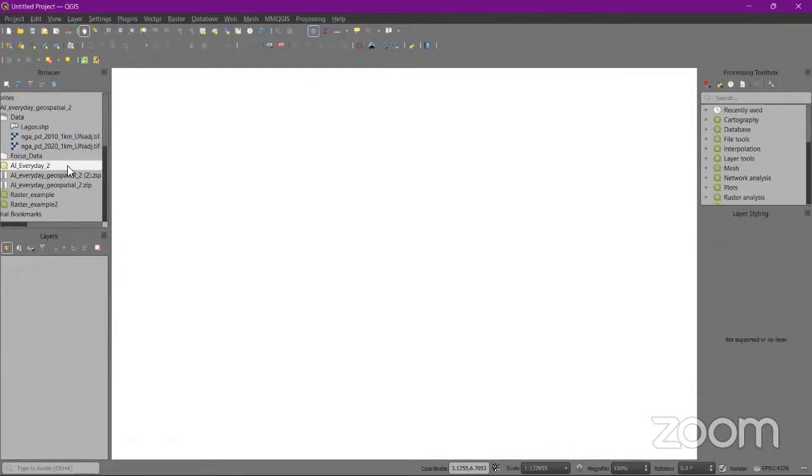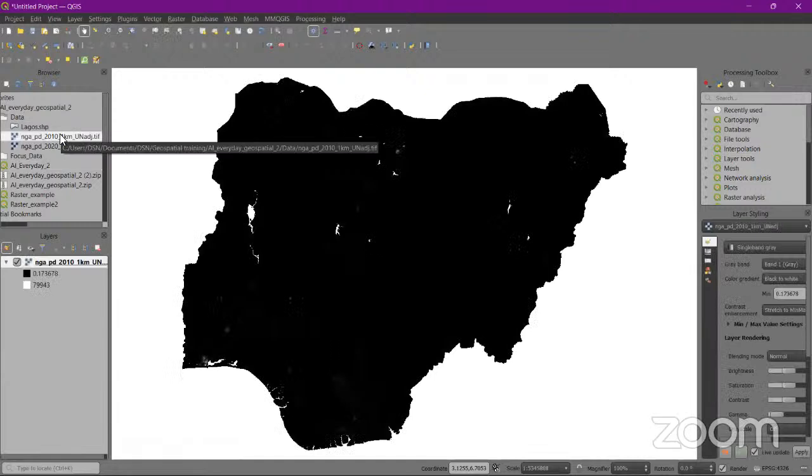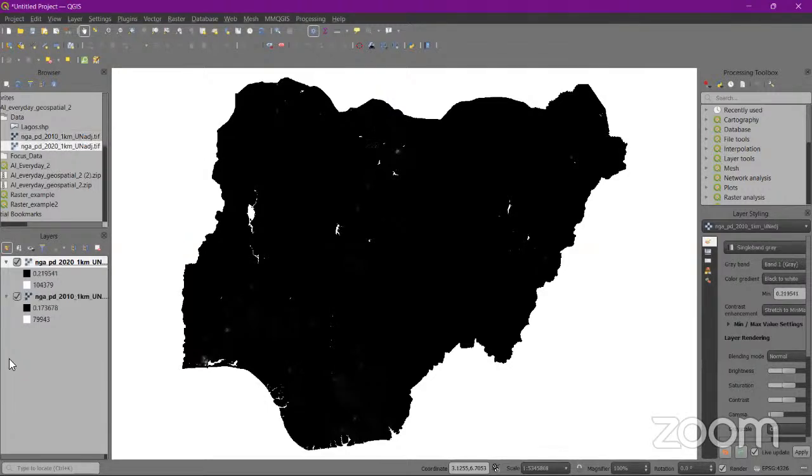So I have the population density of 2010 and 2020 by 1 kilometer resolution. If I double click on this, I have the data sets loaded automatically, so that's faster. Also, if I click on this for 2020, I have the data sets here. One thing you need to know about raster data is whenever you load raster data, it comes in a